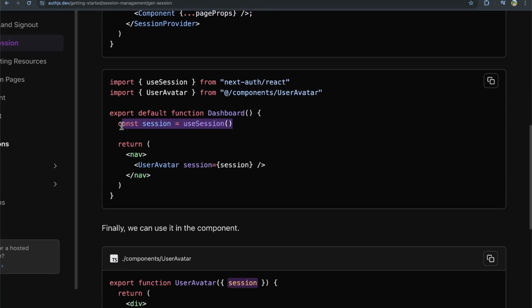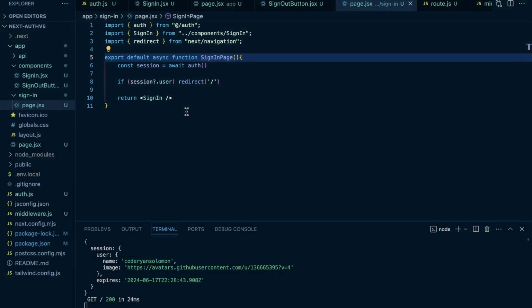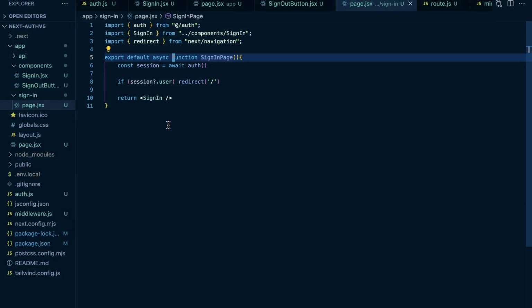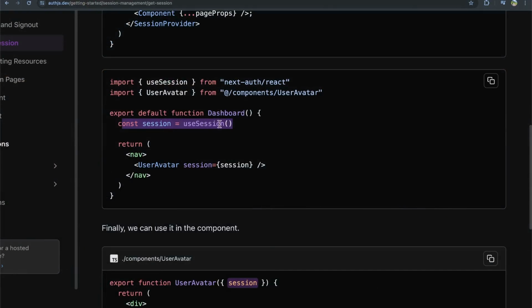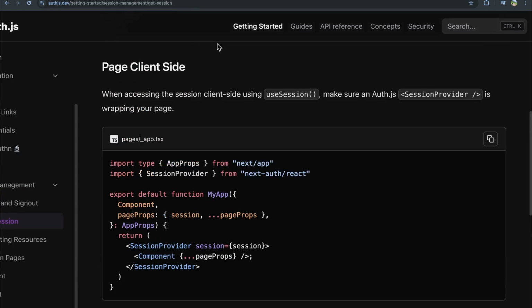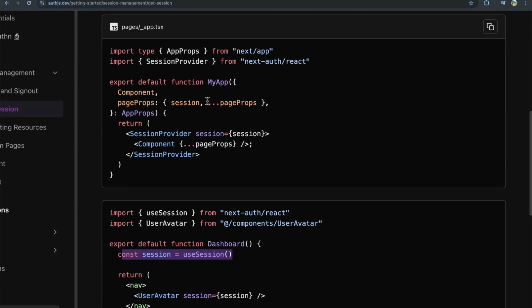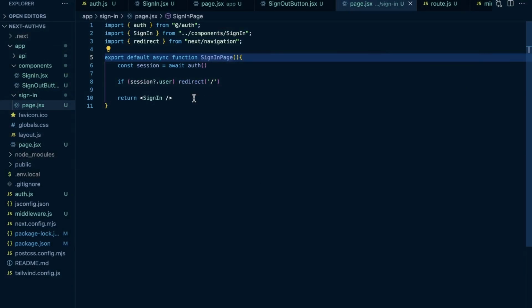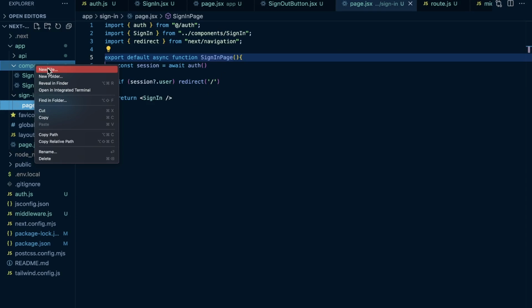Now, there's probably going to be times where you might need to do this, but here's what I would recommend trying to do whenever possible. Let's close the terminal. I'm going to show it this way, but just know if you absolutely need to, you can still use useSession and pass it as context like you normally would in a client application. The way I would do this in Next.js app router and using server components is